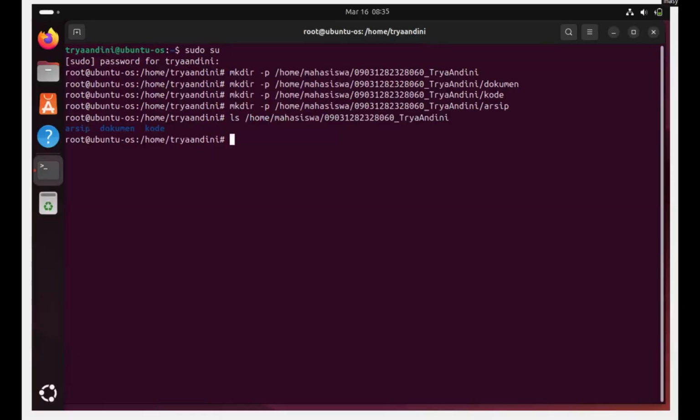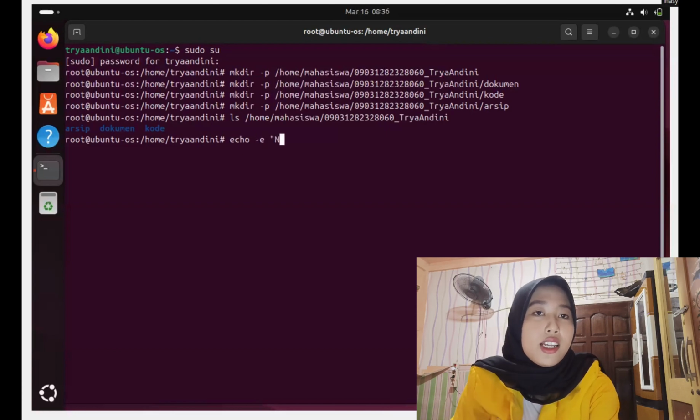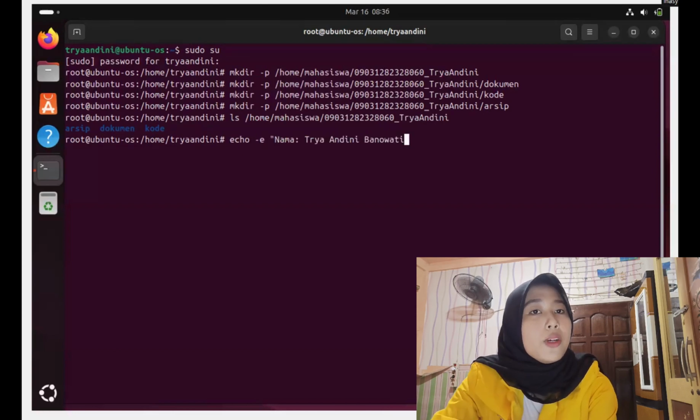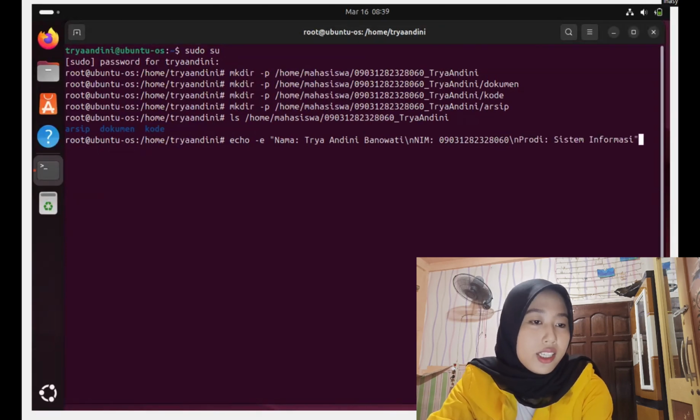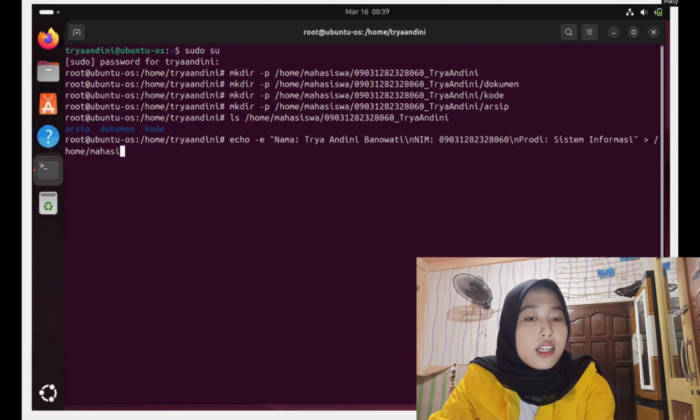The next part is file manipulation. Now, let's create and manipulate some files as required. The first step is to create identitas.txt in the document directory, and the next step is to verify the file was created and check its contents.